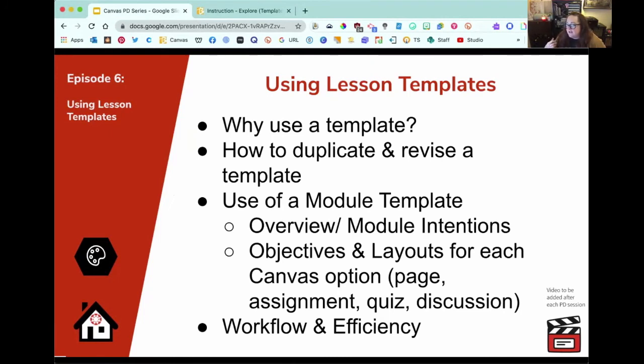Okay, so as we've gone through everything today, from using lesson templates, thinking through the layouts and objectives, and then the workflow efficiency, I'm going to come back to this last bullet here. I think once you take a look at some of those templates that I just showcased, and you build out some of those examples with your own class content,